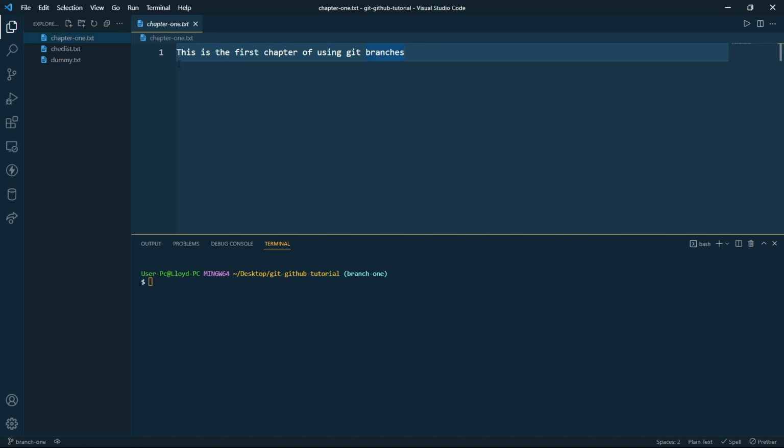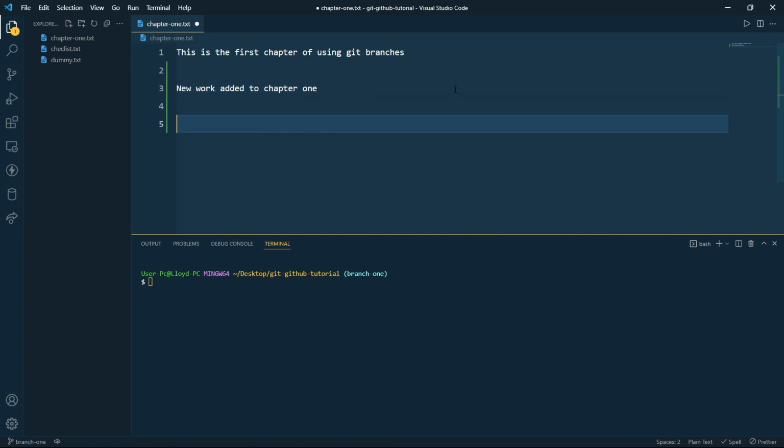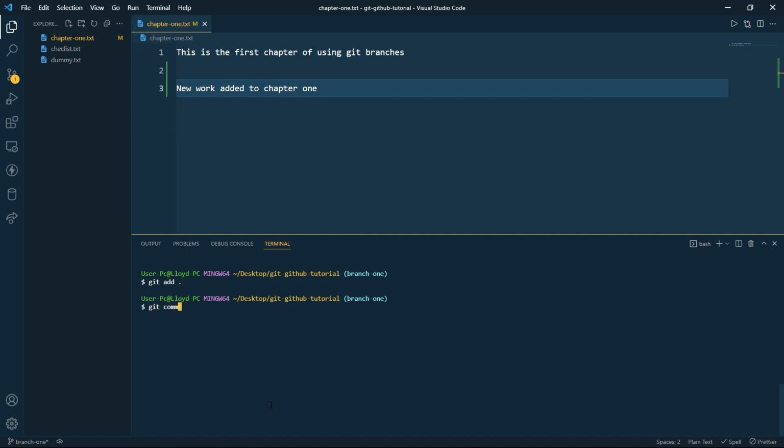Okay, so let's actually go and add a few things in here. New work added to chapter 1, and let's say end of. Okay, let's actually make commits on each of these, so we can see it's modified again. So we can say git add, git commit. So I'm just gonna speed through this, just follow along, and then we can say this is the second commit on branch 1,